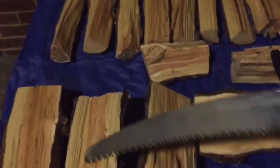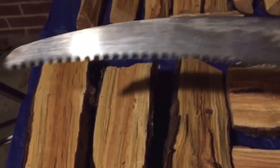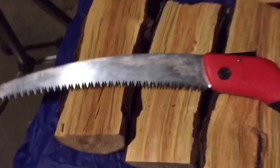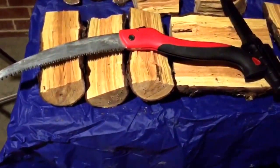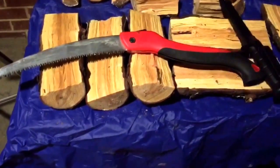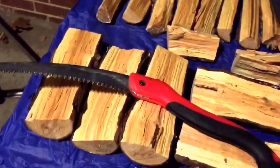Let's see if I can get it. Sorry, I'm moving you around here. This thing is insane. I actually cut up an entire black walnut tree just using this saw, and I got it at Lowe's for like 17 bucks. Quite honestly, I think it's going to replace the Bahco. There is no effort at all in cutting any kind of wood with that saw. It's absolutely amazing. And then I split it with the